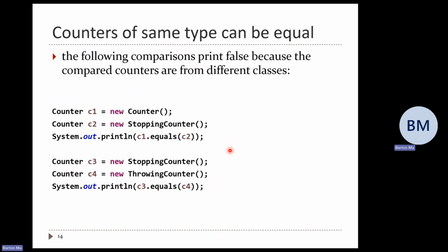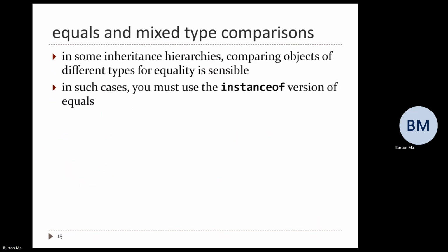So if you're happy with this situation, that's it, you're done. If you're not happy with the situation, you have to do something else. So if you say, hey, look, I just want to compare the values of these two things, that means you cannot use getClass back in counter. So if you're trying to do equals with mixed type comparisons,